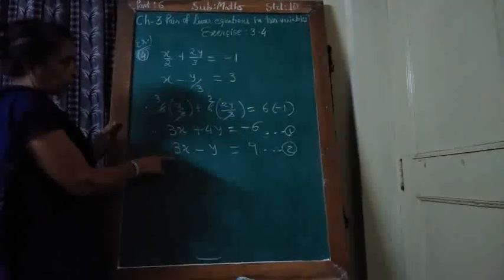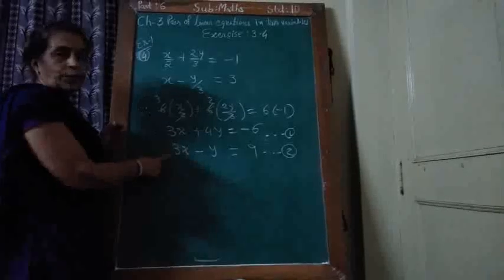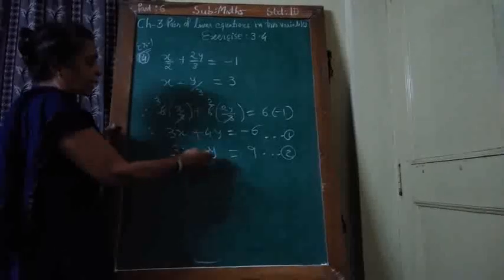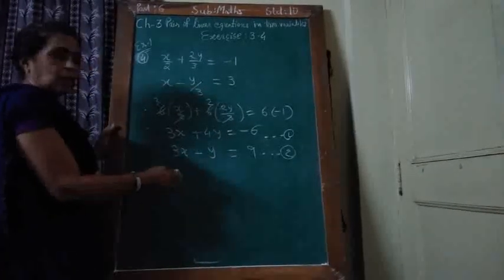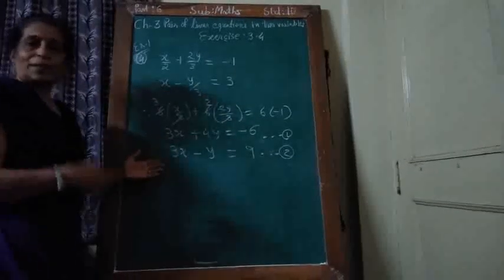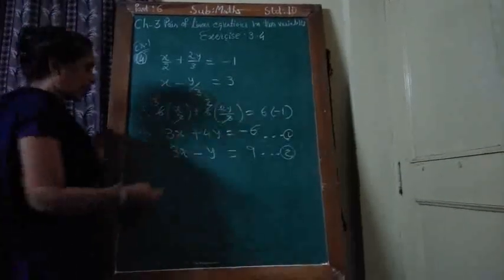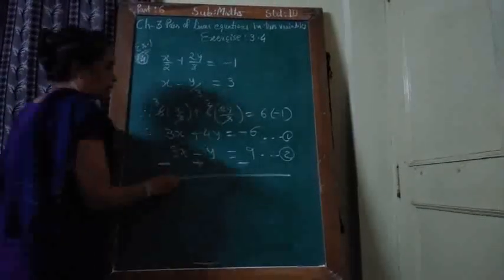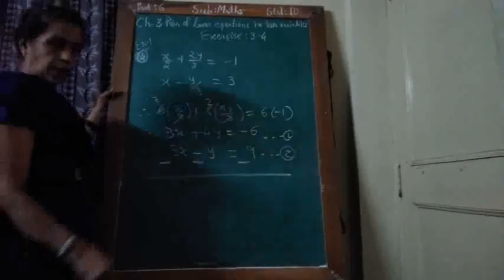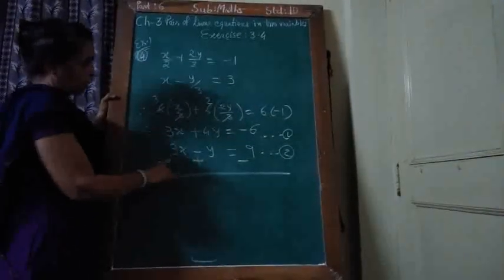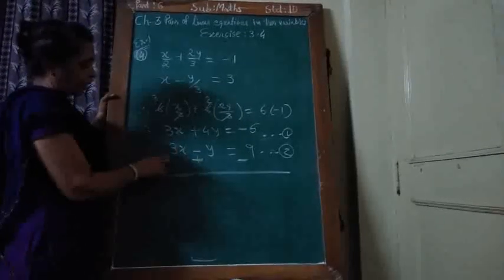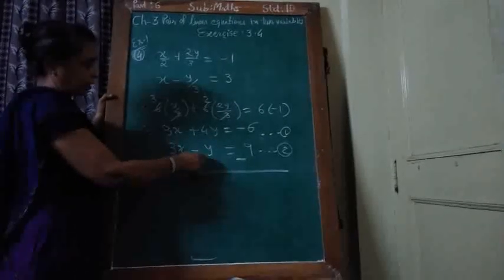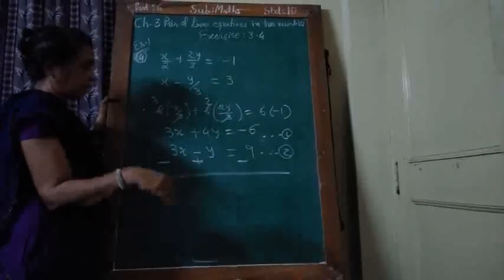Okay. Now see here the coefficients are already the same, so no need to eliminate. You decide whether you want to eliminate x or y. Here the coefficients of x are already the same. Only you have to change the sign. See the situation and make the decision. So here only you have to change the sign because both have the same sign. So I only change the sign. Don't try to eliminate y here. You can obtain the answer that way, but it takes time.